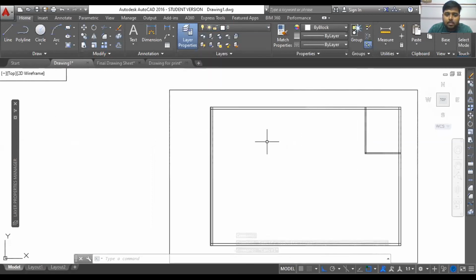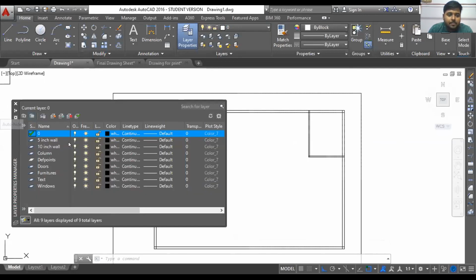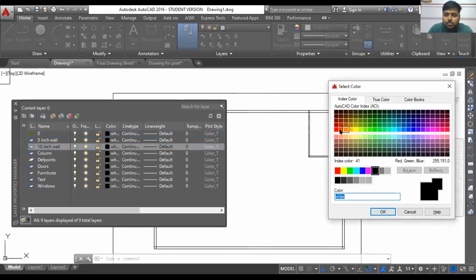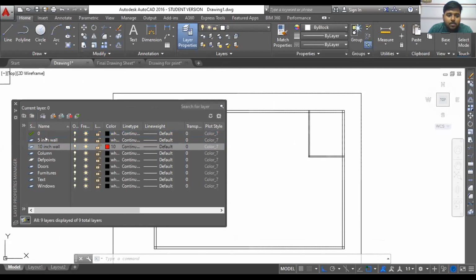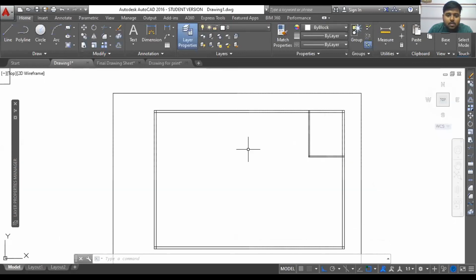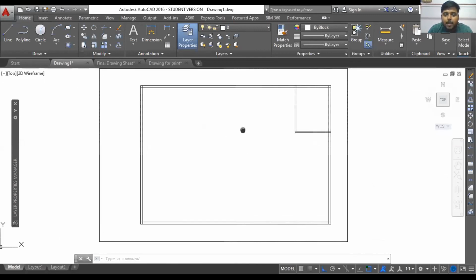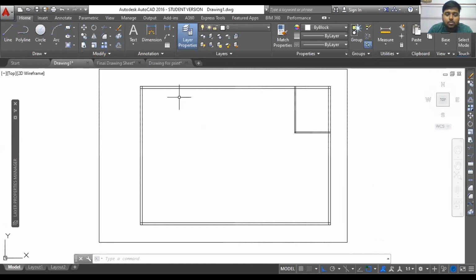Why? Let me change the colors. For the 10-inch wall, maybe I'll use red, and for the 5-inch wall, maybe orange. Those are not standard colors, those are very bad colors to use, but still I'm showing you.